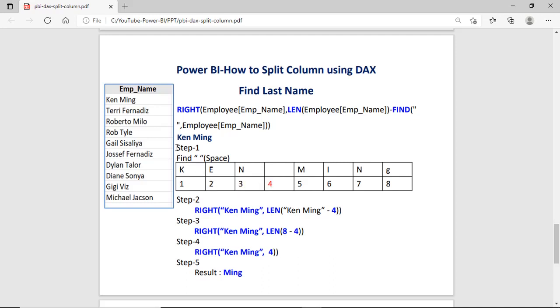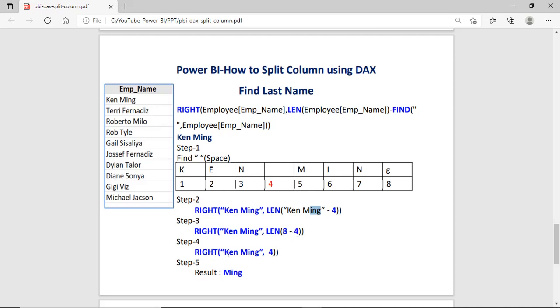Step 1, find space. Suppose it's Ken Ming, so the space is on the 4th position. Step 2, take the value of Ken Ming, then the length. The length of Ken Ming is 8 characters. In the third step, 8 minus 4 comes to 4.